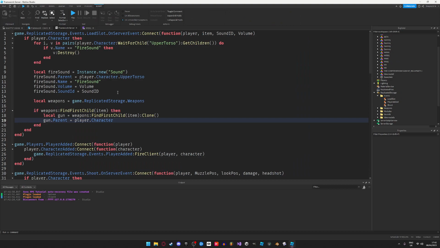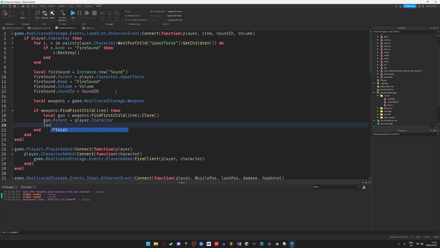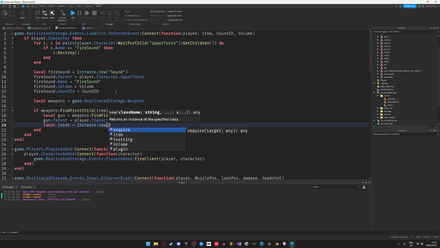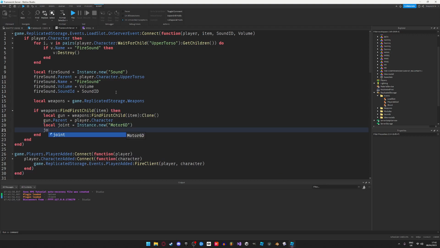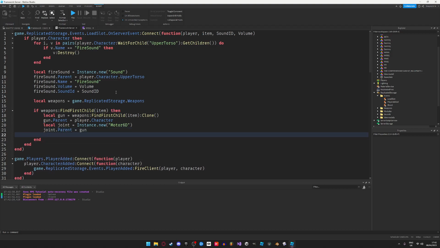it doesn't destroy them when we equip a new one. So I'm gonna say local joint equals Instance.new Motor6D. joint.Parent equals gun. joint.Part0 equals